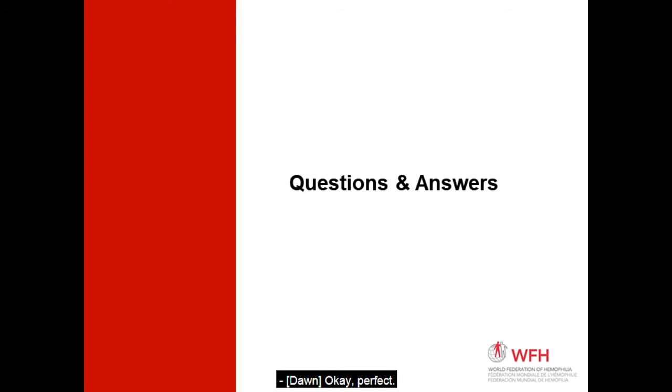Okay, perfect. And then another question from Moses. He didn't want to forget, does WFH have an accounting system which they require the NMOs to use? I understand each and every donor has policies apart from GAAP and IFRS. Will the WFH audit the books of the NMOs at the end of the project? And lastly, how many NMOs do you fund per year? I could answer that question. We don't specifically require an accounting system,